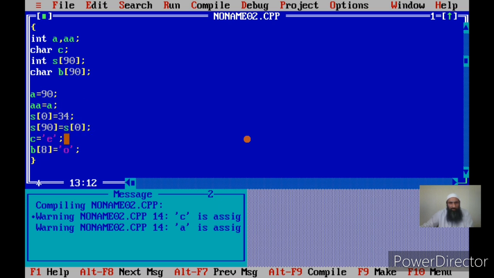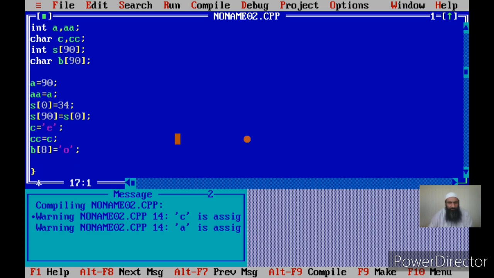Now I have C equal to A. I can use another character variable, CC. Then I can say variable equal to variable: CC equal to C. What happens because of this? The value of C is assigned E, and the same E will also be copied into CC. Now if I have a character array, I can assign any element of this array to any other element.